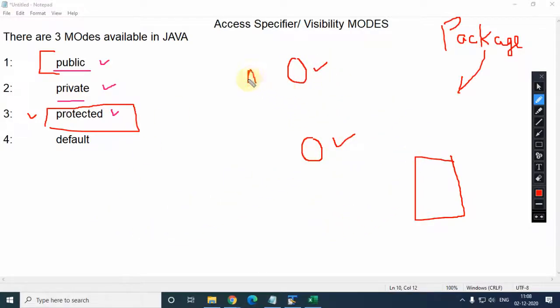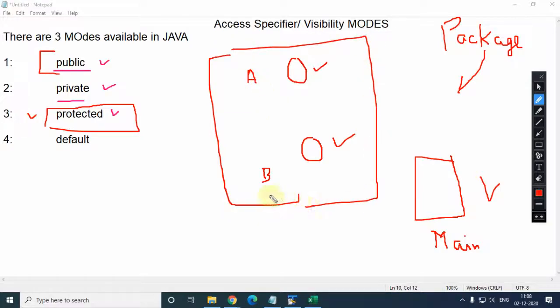This is class A and this is class B, and this is your main class from where you start executing or calling the above-mentioned classes. The class which you defined first is your super class, and the other is your derived class.